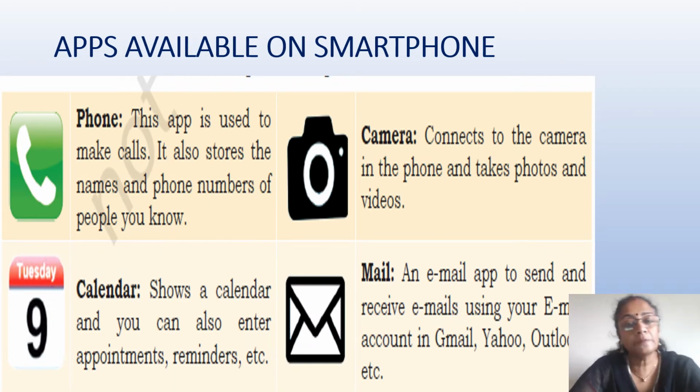Let us see some of the apps which are available on a smartphone. The first is the basic use of a mobile phone: to make calls. All your contacts can be stored properly in your phone, and you can contact people easily by clicking on the quick call facility. You also have a camera feature which helps you shoot videos or click pictures. Then there is the calendar app, which can be used for setting up reminders or appointments, and for looking at the time and setting up the calendar according to your program.